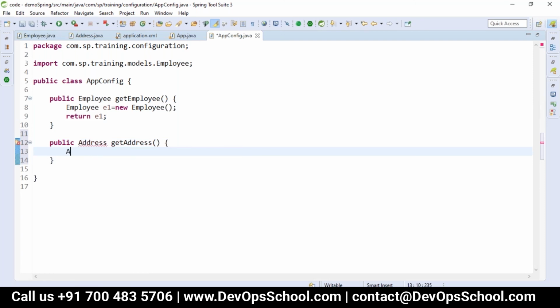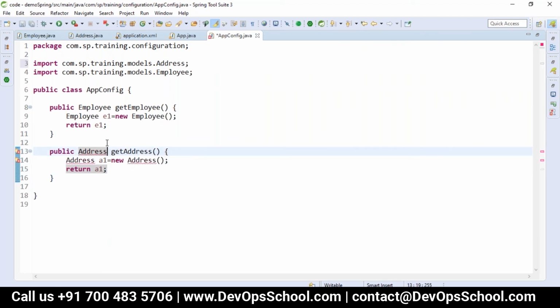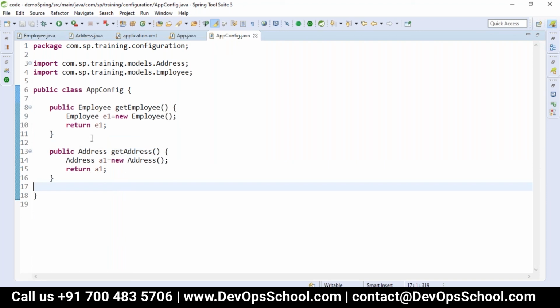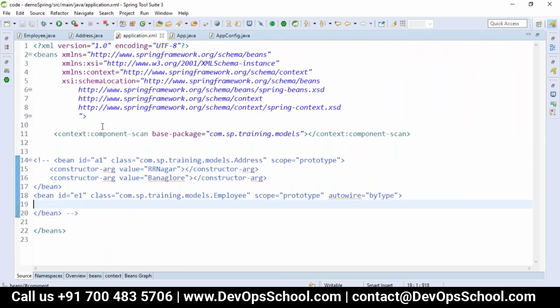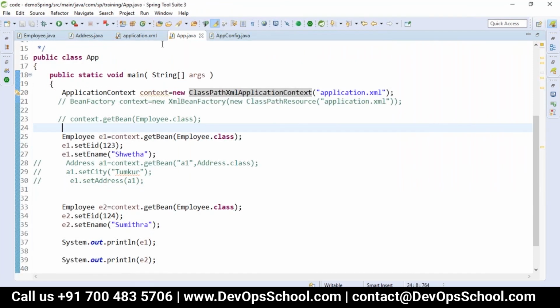Okay, so this is what we will create here. This is a replacement for this XML file which we have written. So in the Java based way of configuration, in the app we are not calling ClassPathXmlApplicationContext here. So we will be calling here